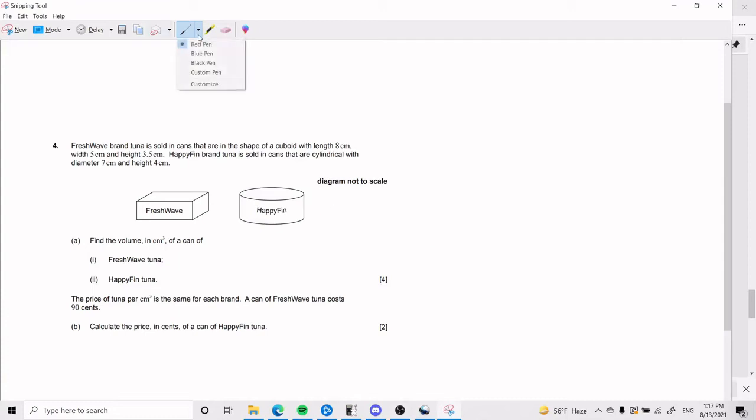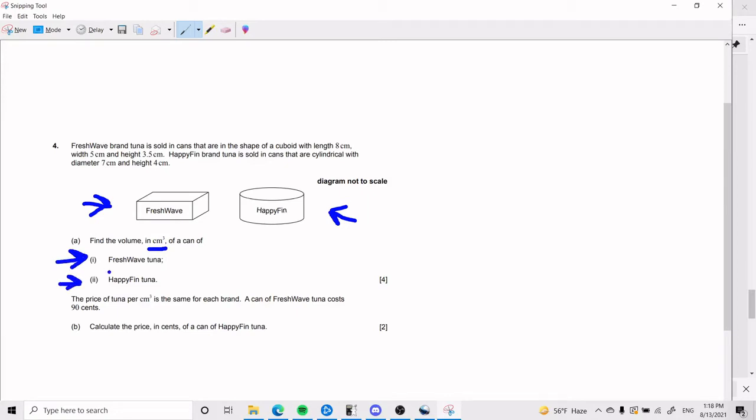Hello everybody, today we will be going over a volumes problem at the IB Math Studies level. So we have that Fresh Wave brand tuna is sold in cans, which are these cans here. They're the shape of a cuboid with a given length, width, and height. Then we have that the Happy Fin brand tuna is sold in cans that are cylindrical, which is this one right here, and they give us the diameter and height. Beautiful. We need to find the volume in centimeters cubed of the can of the Fresh Wave tuna and the